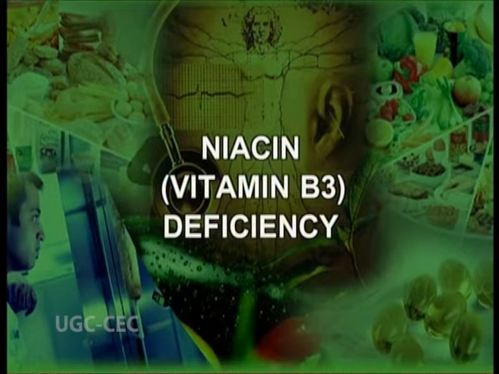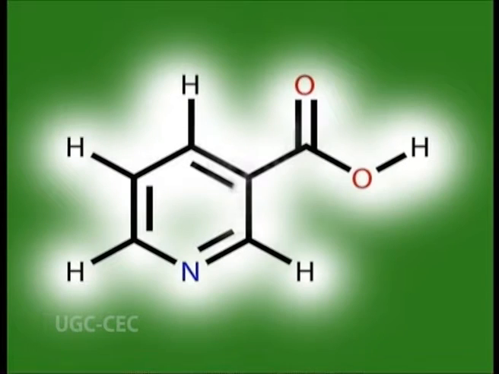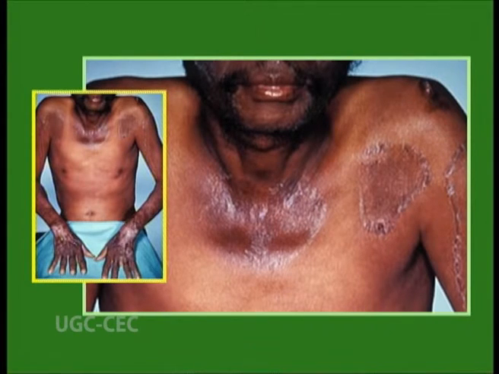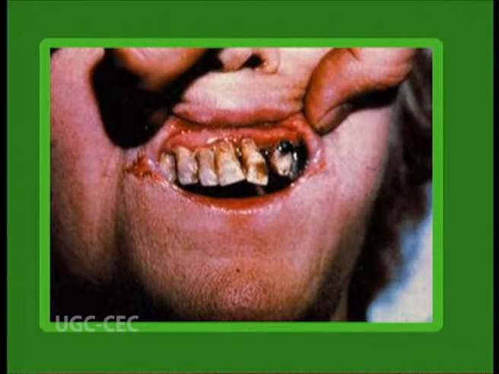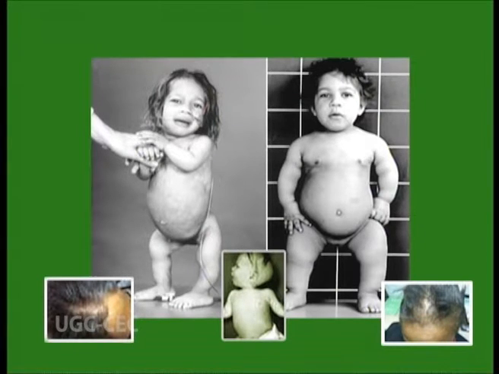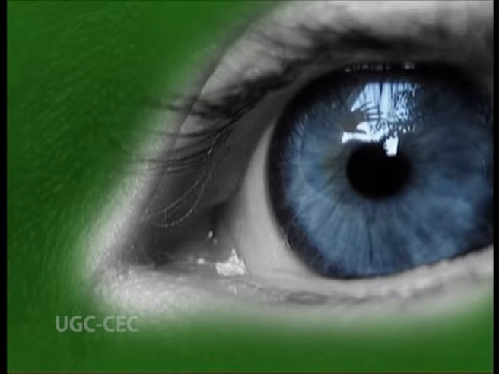Niacin, that is vitamin B3 deficiency. Niacin, also known as vitamin B3, nicotinic acid and vitamin PP, is an organic compound with the formula C6H5NO2 and is one of the most essential human nutrients. Niacin is one of the 5 vitamins associated with a pandemic deficiency disease: niacin deficiency called pellagra, vitamin C deficiency called scurvy, thiamine deficiency called beriberi, vitamin D deficiency called rickets and vitamin A deficiency called night blindness,